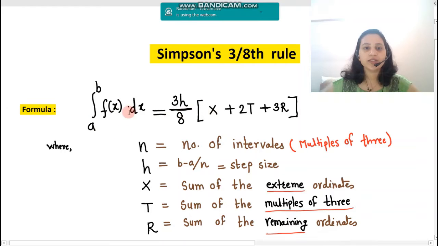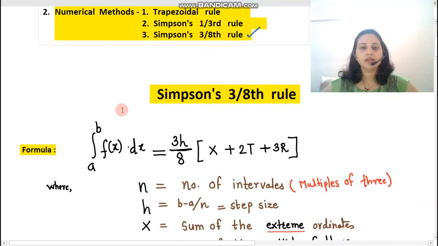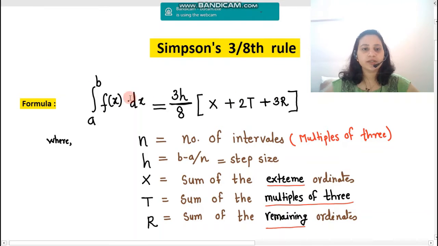Now on the screen, as you can see, this is the formula of Simpson's 3/8 rule. Let me read the formula first, and then I will explain. Integration from a to b f(x) dx is equal to 3h/8 [X + 2T + 3R]. Now in the LHS, as we are finding the integration of the function, the LHS of the formula consists